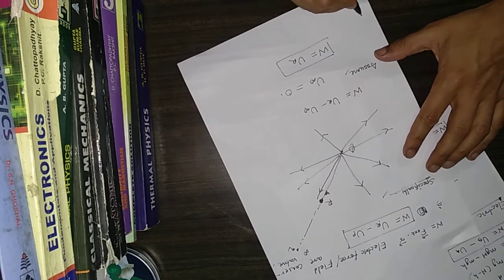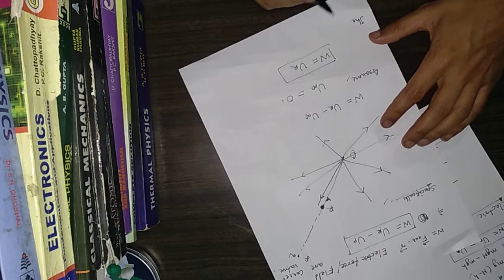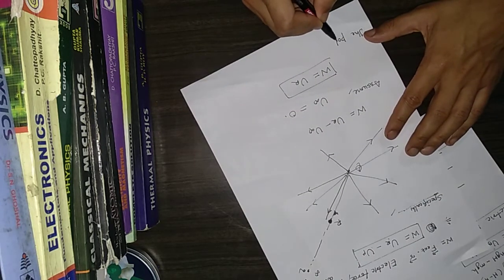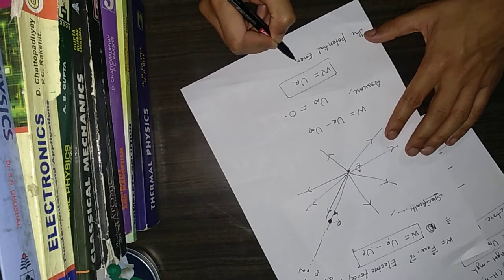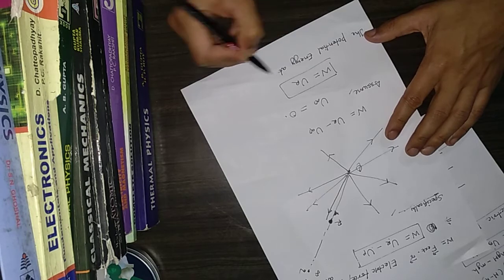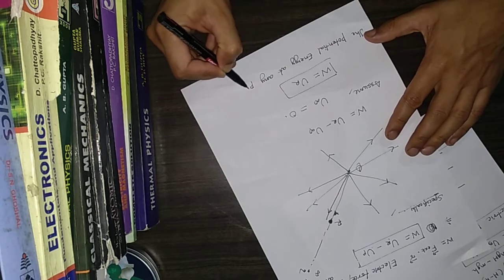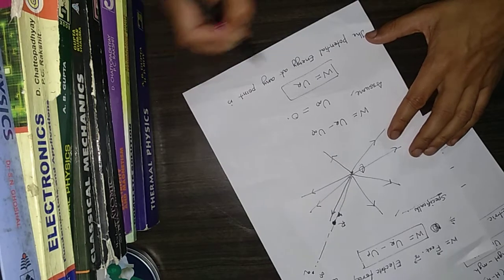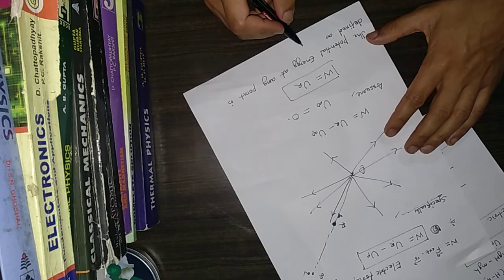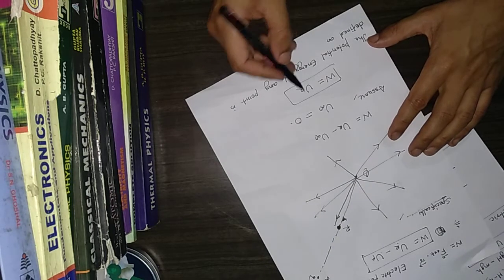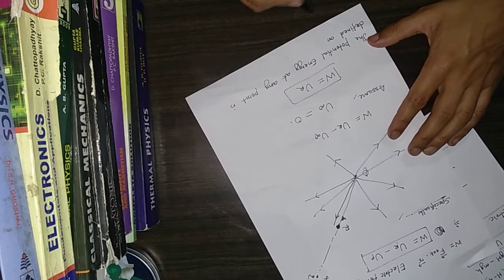So the potential energy at any point is defined as, suppose at point R or any other point, the work done